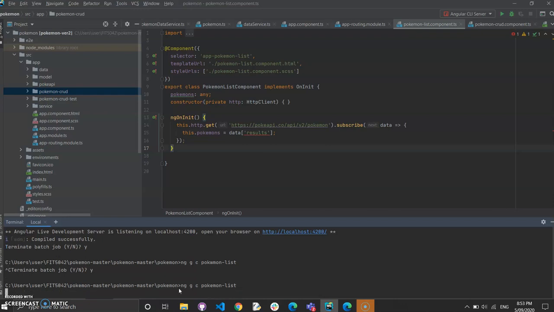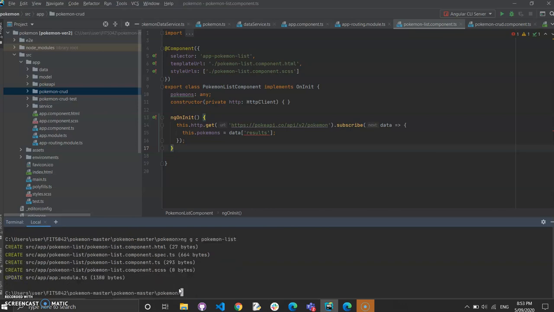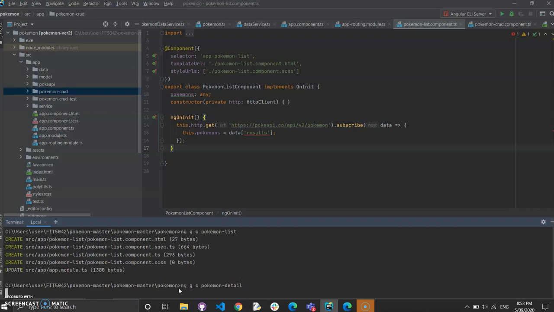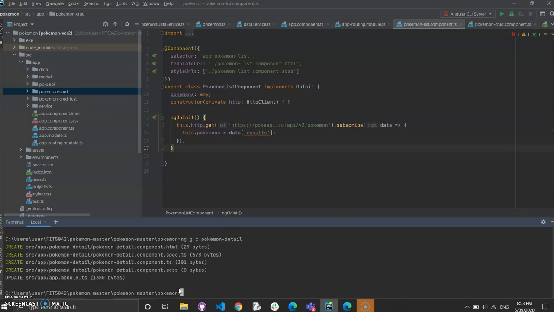So Pokemon list. So we have our Pokemon list component, and the next component that we need is Pokemon detail. So we have Pokemon detail here. So we have created these components.